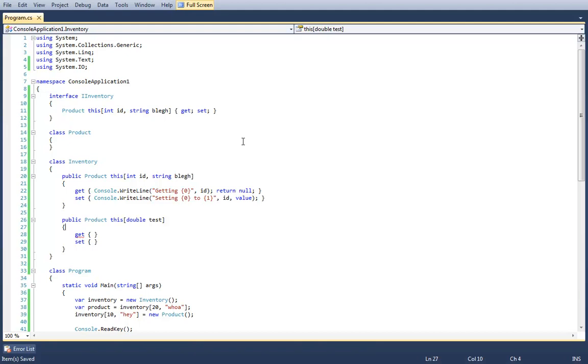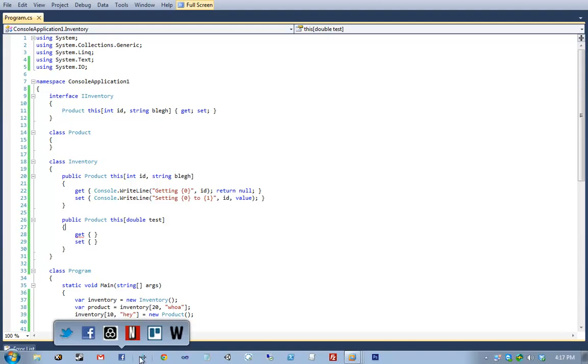LINQ is one of those things which is a complete paradigm shift in how you program, as opposed to something used in very specific circumstances. Right. It's a different way of writing things like foreach loops, if statements, and various combinations of things like that. So it's more of coming at the same problem from a slightly different direction rather than coming at a different specific problem.